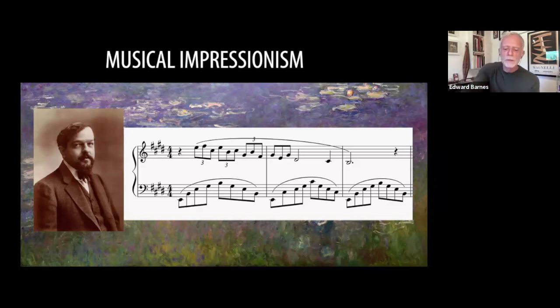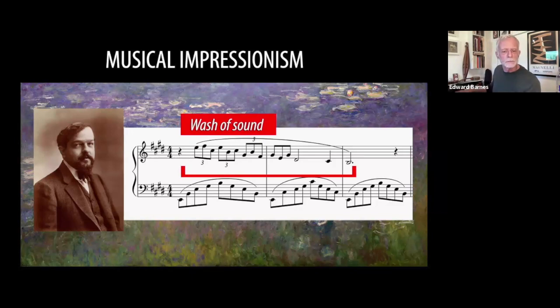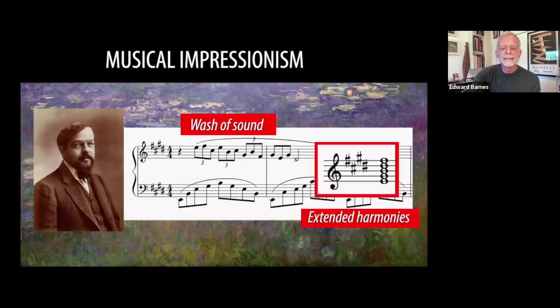That's one little phrase, 3 bars of Debussy. And what you get is this wash of sound. And that wash of sound is created by using what are called extended harmonies. If you take the basic harmony of this song, it's in E major. E major means it's based on an E major triad, which is made up of 3 notes, a third apart.